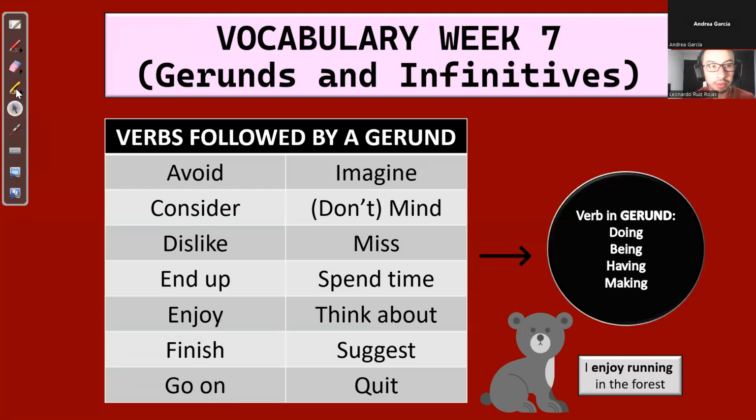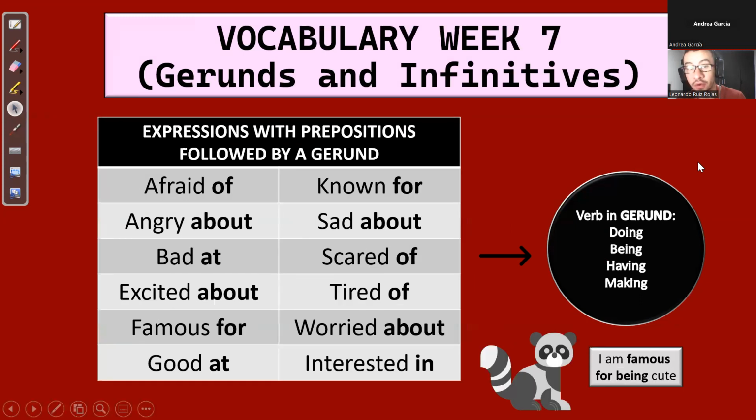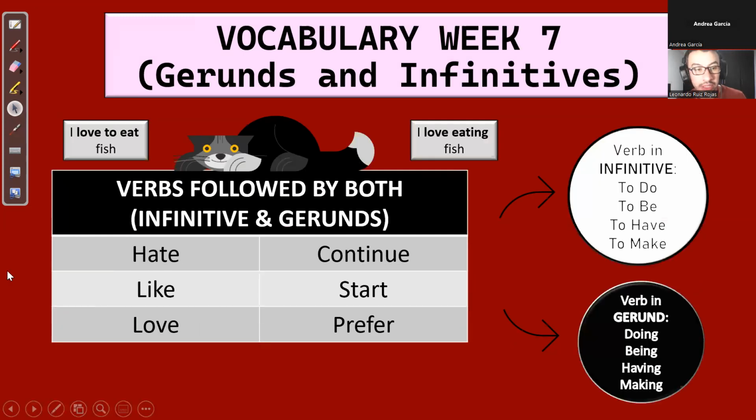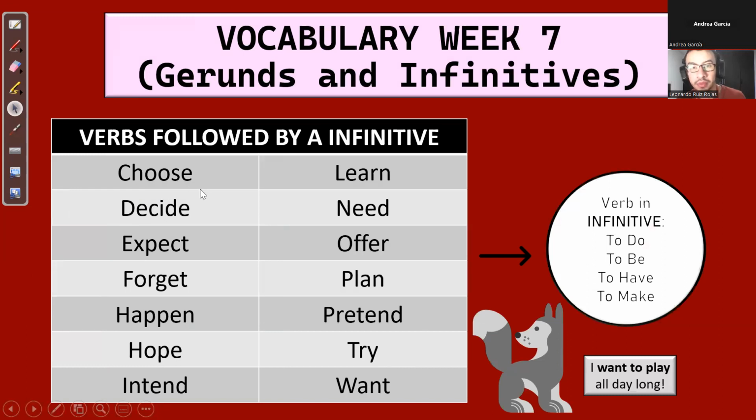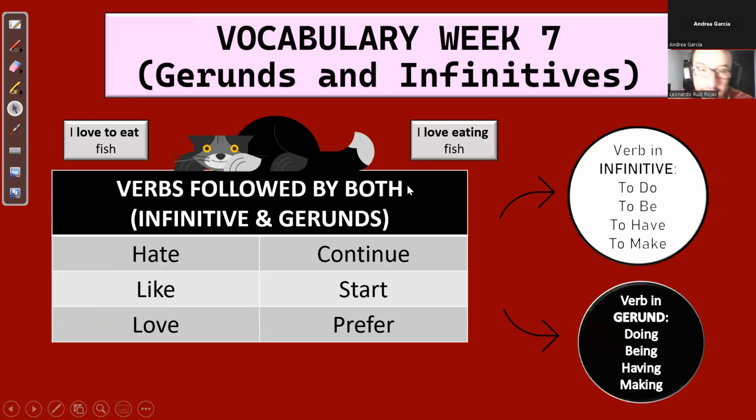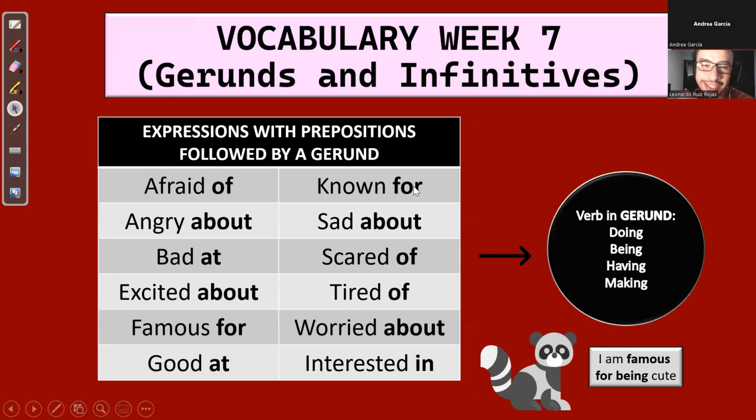Now, this example of think about, it's one example actually of the next table. The next table are going to be verbs also used followed by gerund. Wait, sorry, no, these ones are verbs usually followed by infinitive, sorry, right? Espera, wait, I am looking, no, ahora sí. Teacher, I have a doubt. Bien.